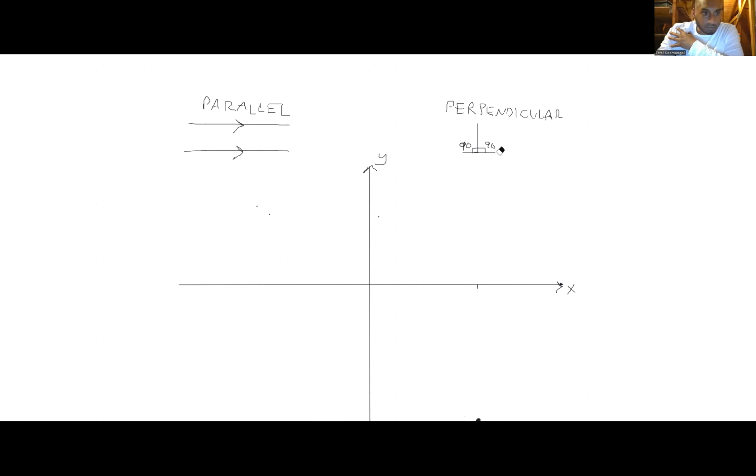And let's talk about this. Okay, so we got x equals 1 right there. We got x equals 2 right there. x equals 3 right here. Are they parallel or perpendicular? Parallel. They're parallel because they run side by side, but they never touch. Okay, so now,